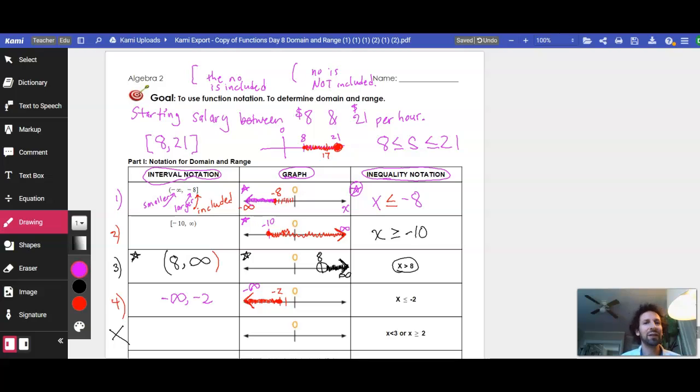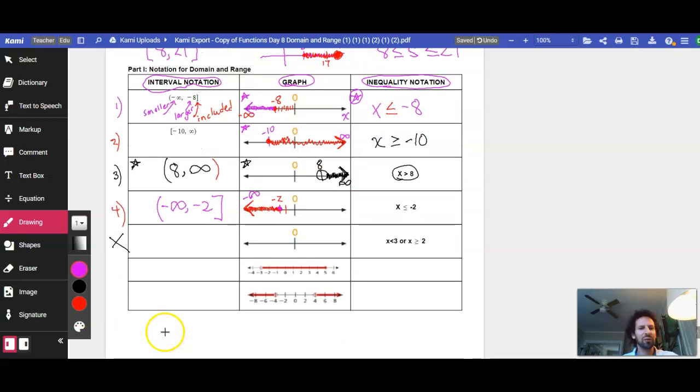Because 2 is filled in, we use a bracket because 2 is included. This bubble here is filled in. Now with negative infinity, we said we always use parentheses because it's not an actual number. Okay,